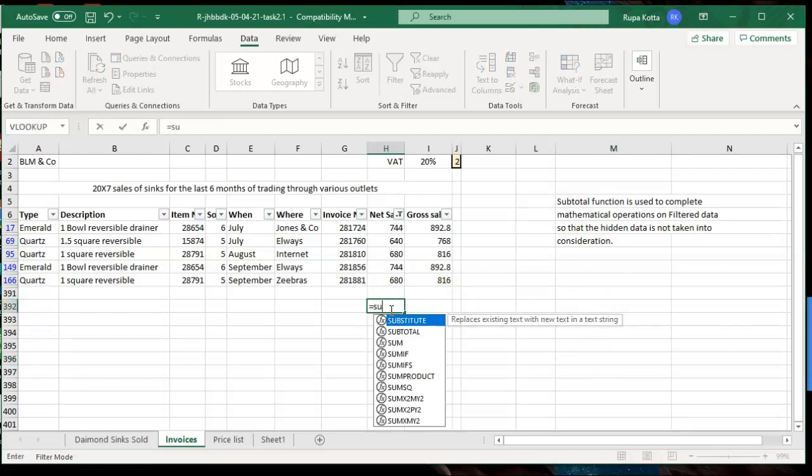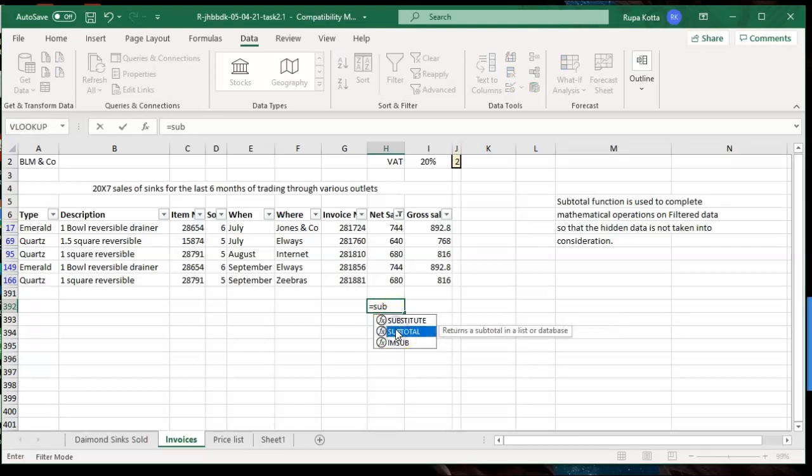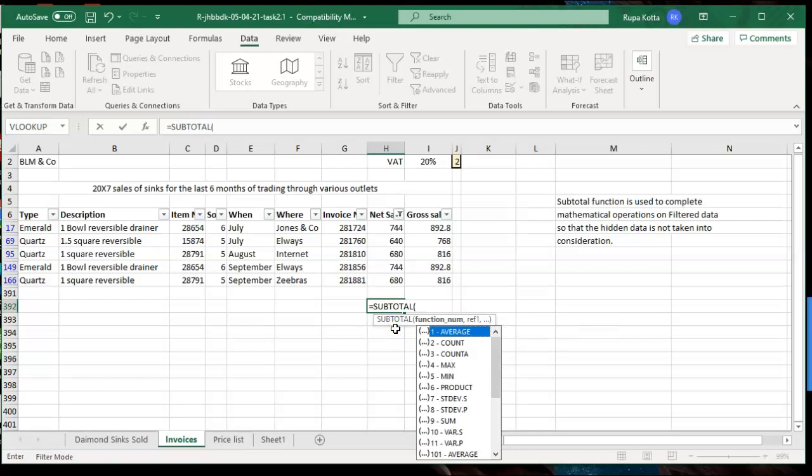Equal to subtotal. Now what do we want to do? We want to do an average. So you can see the numbers here. Number 1 is for average, number 2 is counting, number 4 is for maximum, number 5 is for minimum, and then number 9 is for sum. What we want to do is average. So put number 1,